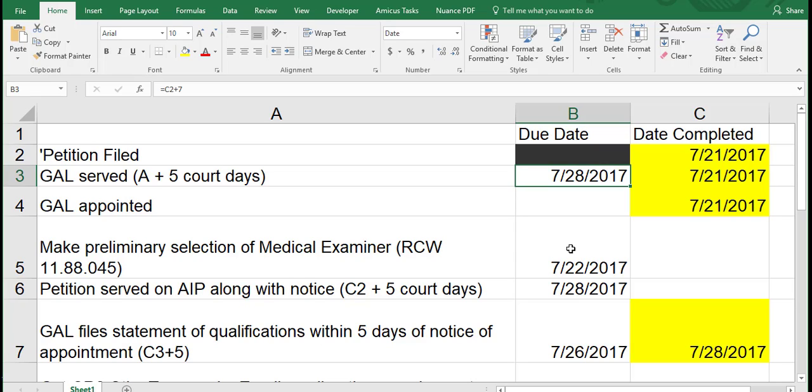That medical examiner can provide information for the guardian ad litem to determine whether the AIP is indeed incapacitated. If so, how much and in what ways? And in what ways relative to their financial interests, and in what ways relative to their personal care.